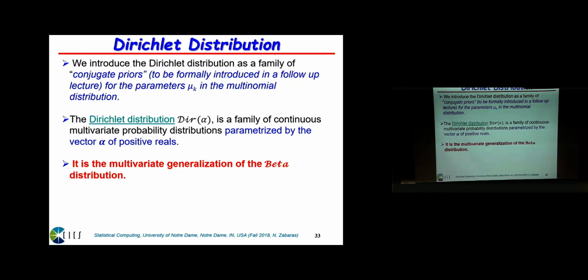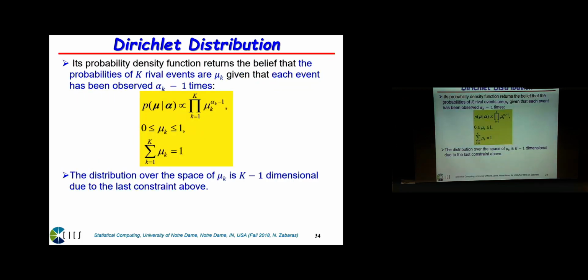Anybody remembers the beta distribution, how it was looking? It was x to alpha minus 1 times 1 minus x to beta minus 1. Okay. So here is the Dirichlet distribution, and it will look very weird, to start with. Okay, so